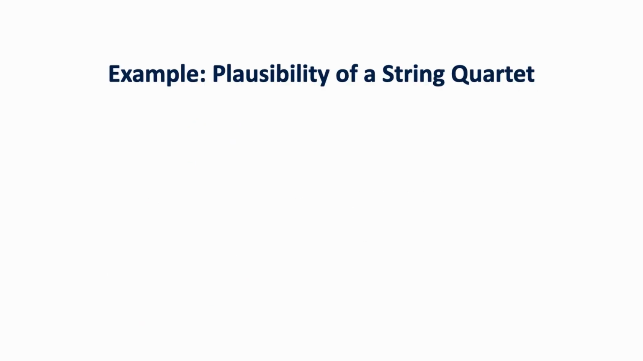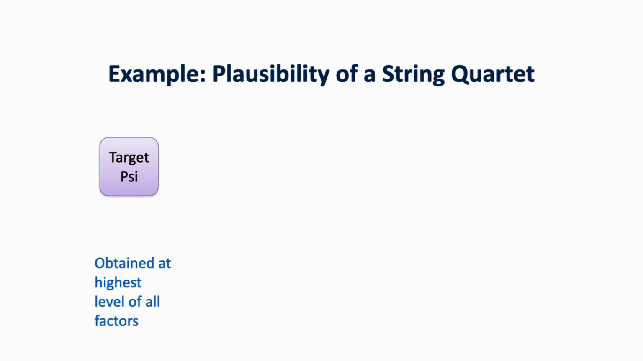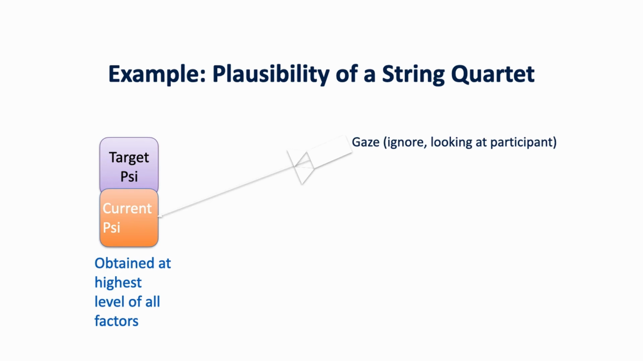Now I'm going to show how we use a similar idea to look at the plausibility of a string quartet in virtual reality. First of all, we had a target level of plausibility, which is that we had 4 factors and we played them all at the highest level that participants experienced for a couple of minutes. And we asked them to remember how real this felt to them. And then we start the sequence again at a low level of all the factors, and they can manipulate 4